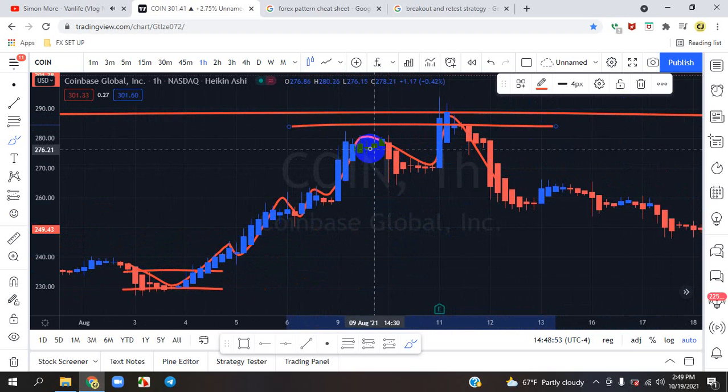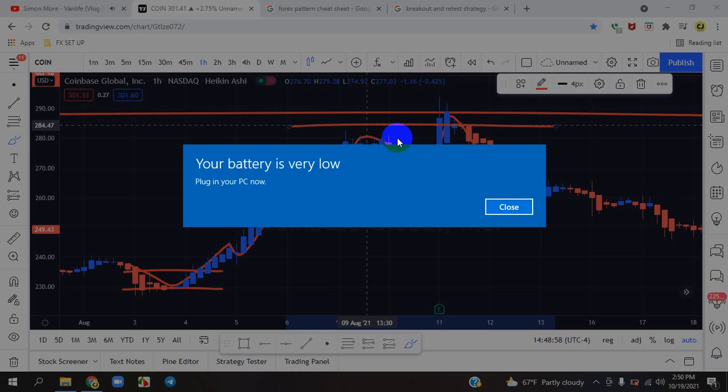Okay, so the market went back up to our midpoint line. When it went back up to our midpoint line, what pattern